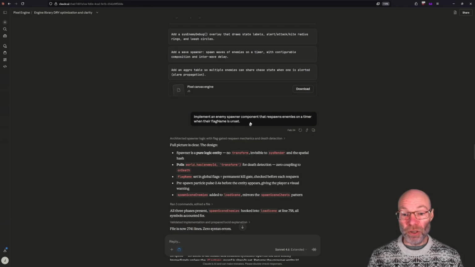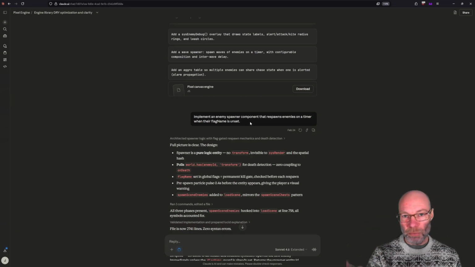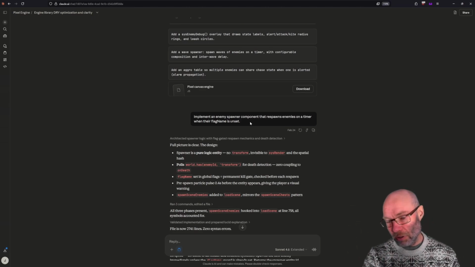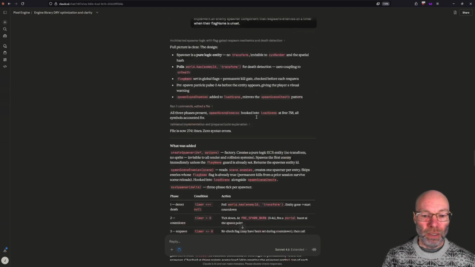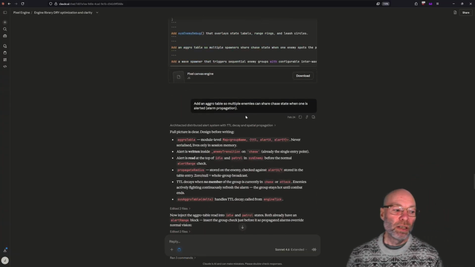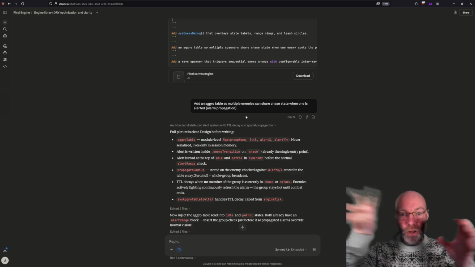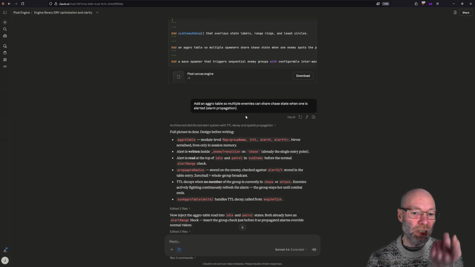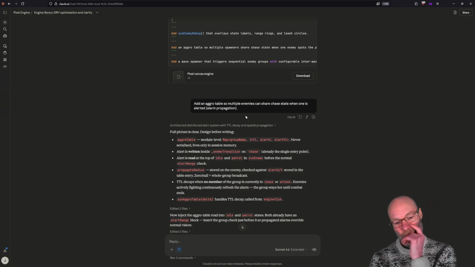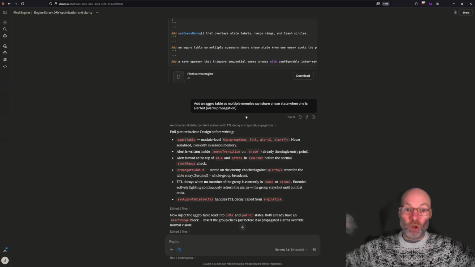Then I said implement a spawner. That was on the level just before where the boss is. There's that spawner I demonstrated where one skeleton appears every 30 seconds or so. And then I added an aggro table so that if one enemy spots you, other enemies in the same group will also aggro towards you. I know there's at least one of the cave levels that has that defined, but I haven't really tested that. So there may be bugs in it, but it does have the functionality to group enemies so that if one enemy sees you, it alerts everybody else